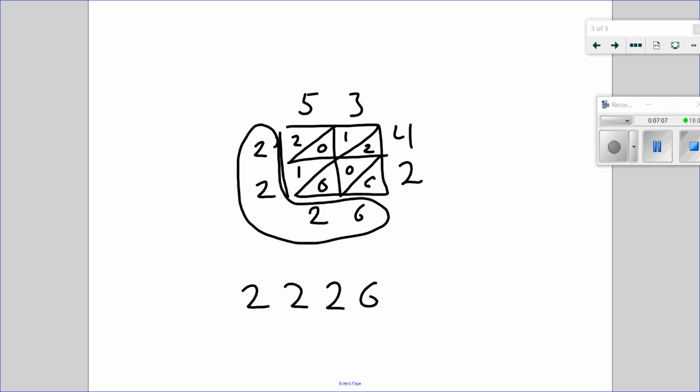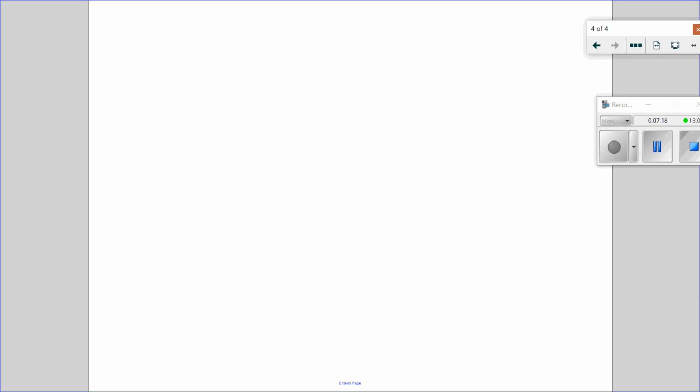That's your minute-and-a-half long recap on how to use the lattice method. However, if we put a decimal in these problems, we can still track it. And it's very easy if you only have one decimal in your question. Let's try 57, just pulling numbers out of thin air here. 57.3